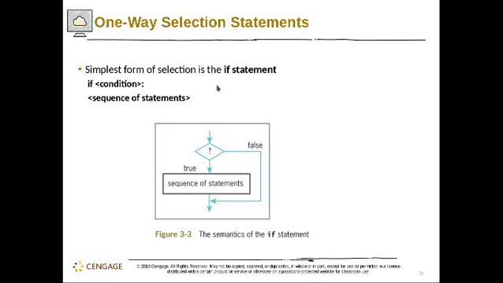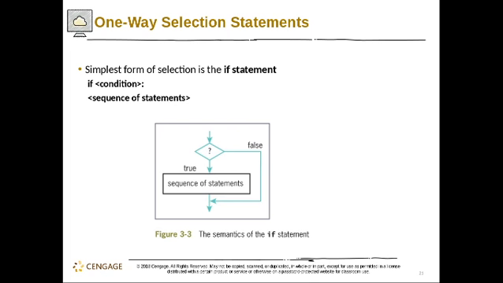The simplest form of selection is the if statement. In here it doesn't specify an else. It has no else. So if the condition is not met, it will not do the sequence of statements. Because in the previous if-else statements, if the condition is met, it will do the defined steps, but if it doesn't meet the condition, it will do another specified series of steps.